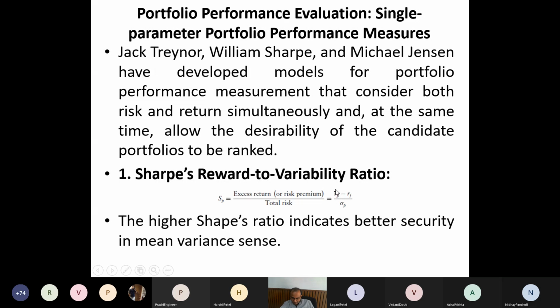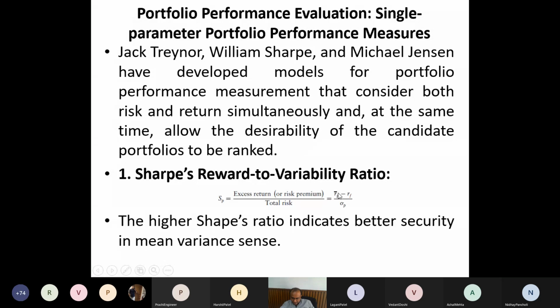What is RP bar? Average return of your portfolio. So you create the portfolio and then calculate the average return over a period, right? Whatever RP bar you get, the risk-free return is always there. Last week we discussed it is from GSEC, and sigma p, the risk of your portfolio, you can calculate, depending on your portfolio construction. And this RP bar you can also substitute with E of RP, the expected value of the return from the portfolio. So either RP bar or E of RP minus RF by sigma p.